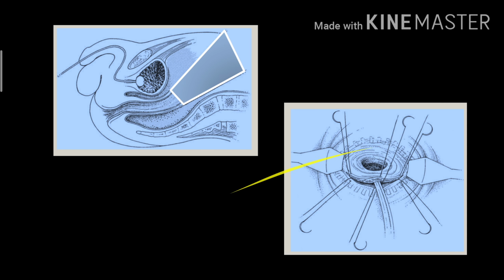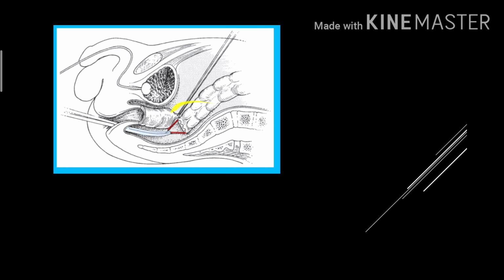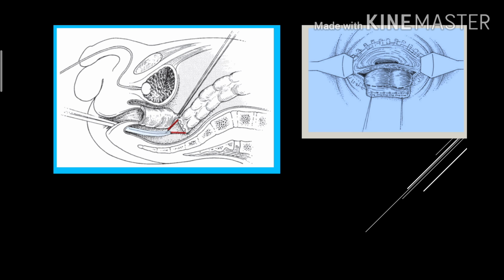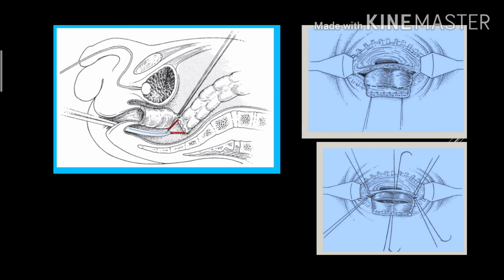Then we mobilize our colostomy, and we are sure that this colostomy is working by now and there is no evidence of obstruction. We will also send a biopsy of the tip, the end part of the colostomy. We will pull the colostomy through posterior to this and bring it out through the incision we have put in the anal canal.